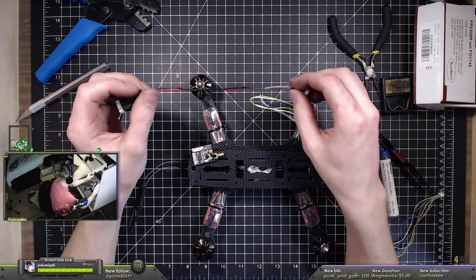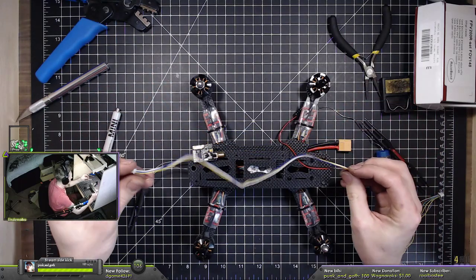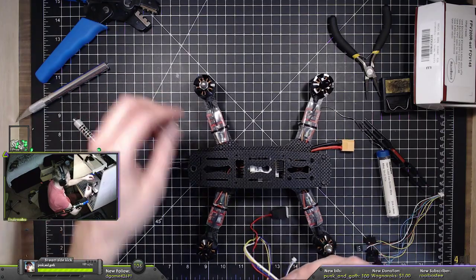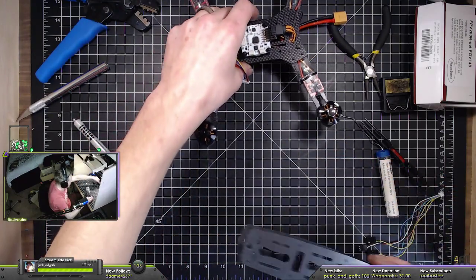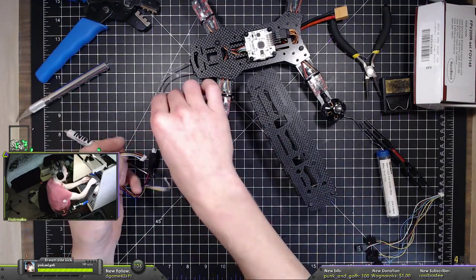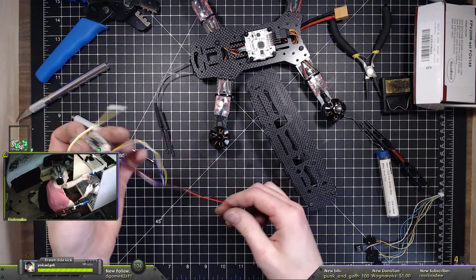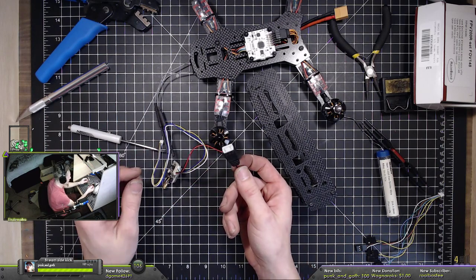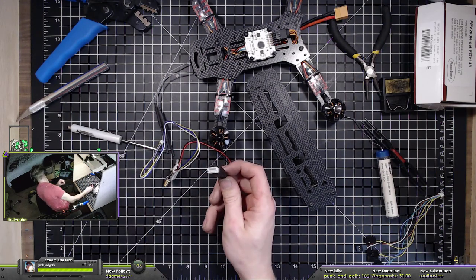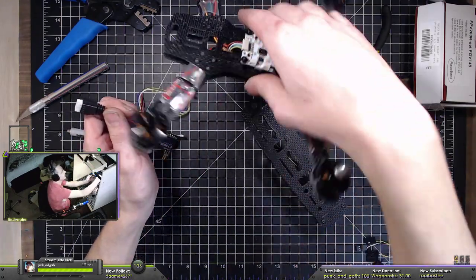So this is pretty easy. Fortunately and unfortunately. So basically, if we take this, this plugs into the camera receiver right here. And then this goes to 12 volts. It actually plugs into, if you take a LiPo battery, a balance port on a LiPo. We have spare